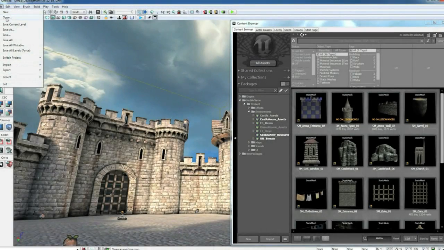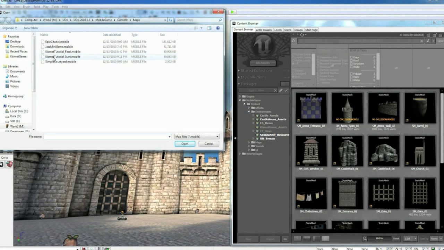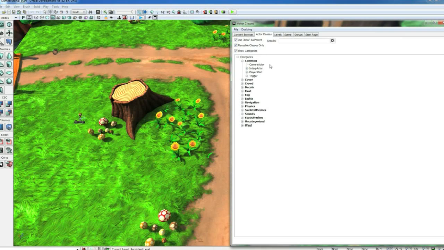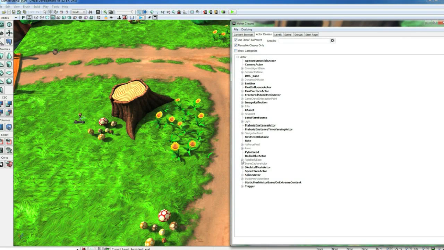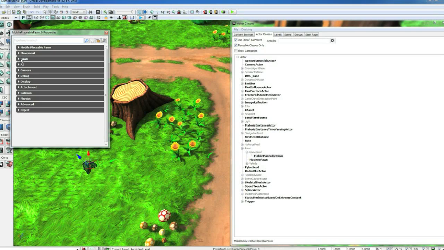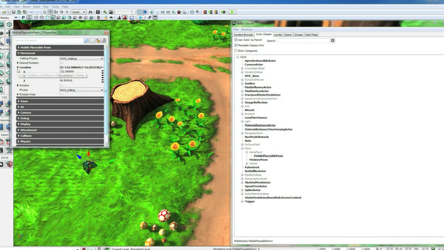Okay, go File, Open. We're going to load Kismet Tutorial Start. Now go over to the Content Browser and your Actor Classes tab, uncheck Show Categories, expand Pawn and Game Pawn, and we want to drag a mobile placeable pawn into the world. If you double click it, it'll bring open its properties, and we're going to go to the Movement tab, Location,